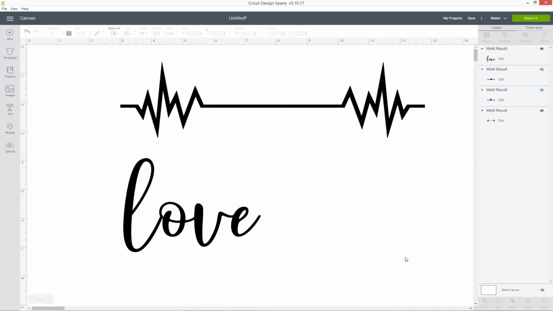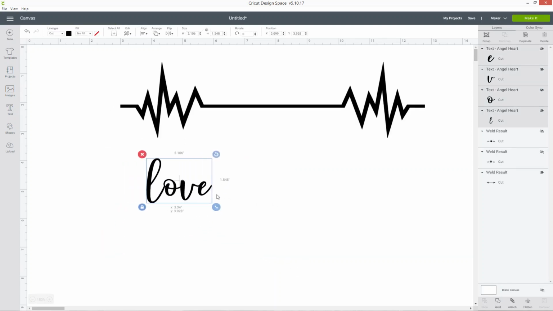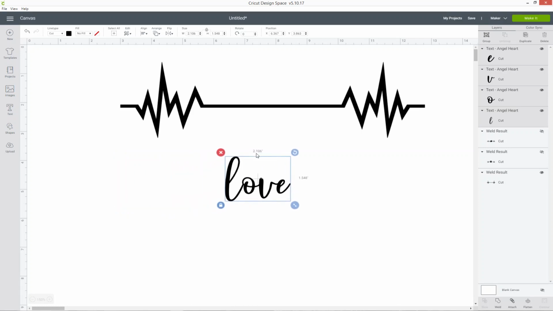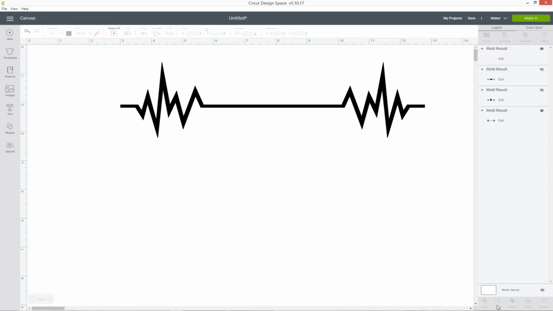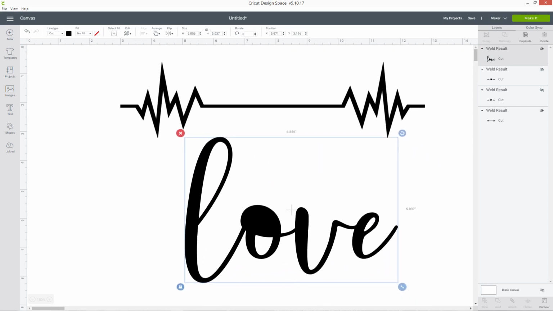There we go. Now sometimes when you re-weld script letters it doesn't quite work out, so I'm just going to undo this, make it small. So if you're trying to do it small and you press weld, you might get this happen. So you can see it's filled in that space in the O. If I just make it bigger, you can see it's filled in that gap, which looks really messy, and that's